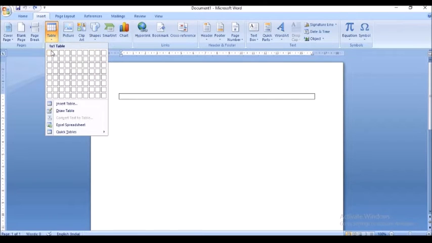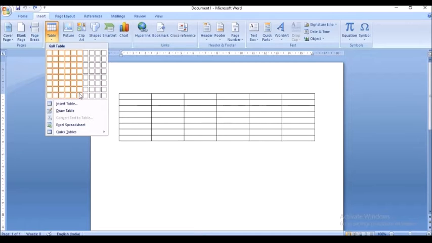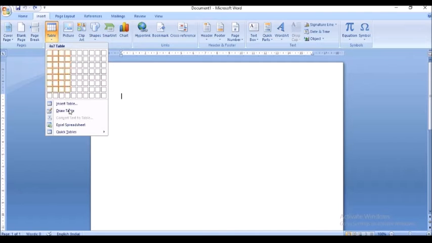Usually what we do is go to Insert, click on Table and select the number of columns and rows that we require for creating the table. This method can be used if you are creating simple tables on Microsoft Word. You can just move the cursor up and down depending on the number of rows and columns that you require